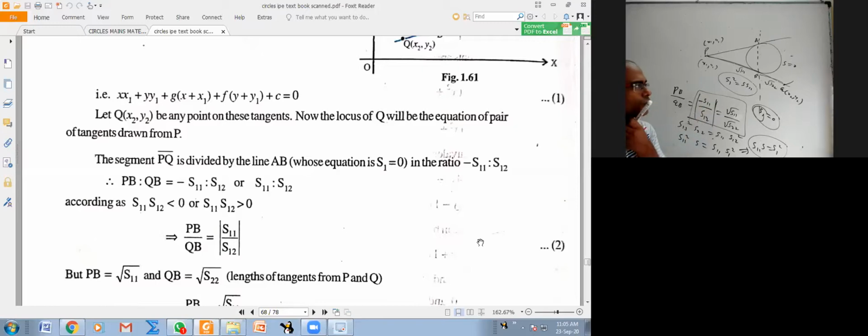We cannot do this for an ellipse because there is no formula for the length of tangent from an external point to an ellipse. We don't have any formula like root S1. We cannot do it in a parabola, only for a circle. There are a few other methods, but there is one method applicable for all conic sections. I'll discuss it a little later. Anyway, I did not even discuss chord of contact, but it's okay.